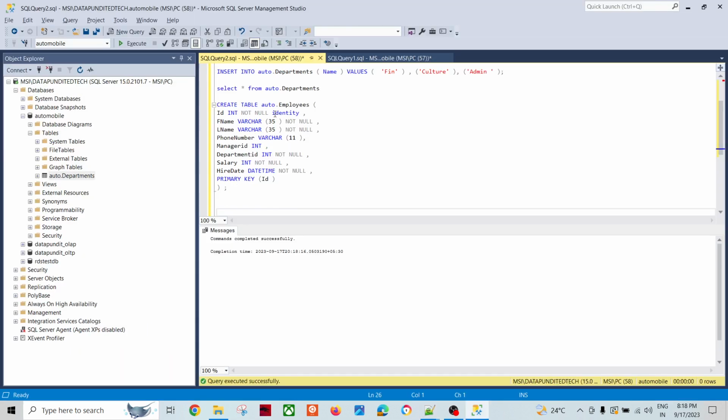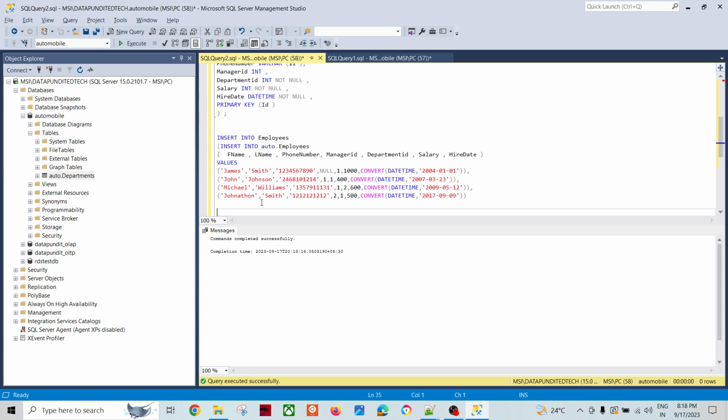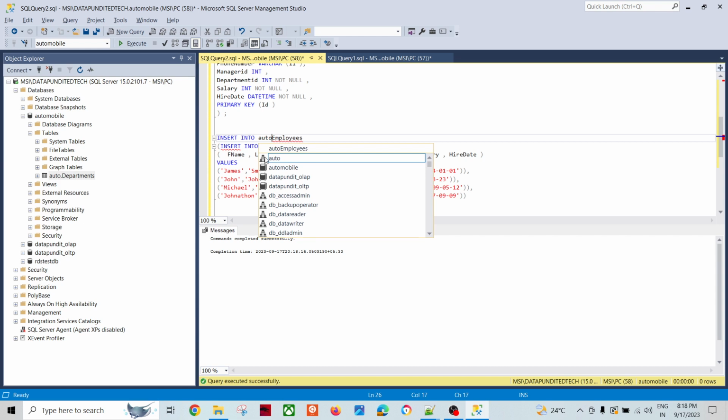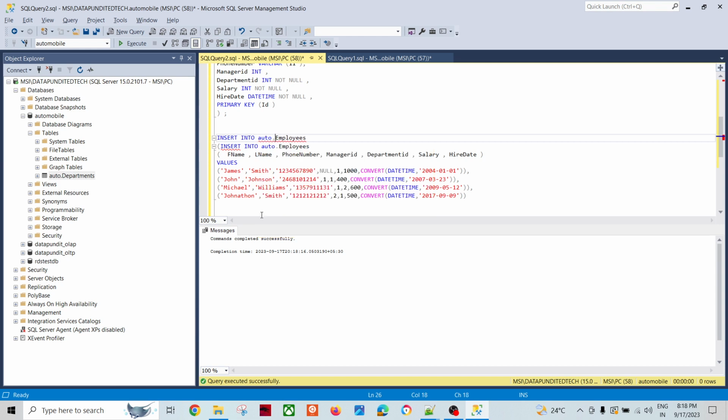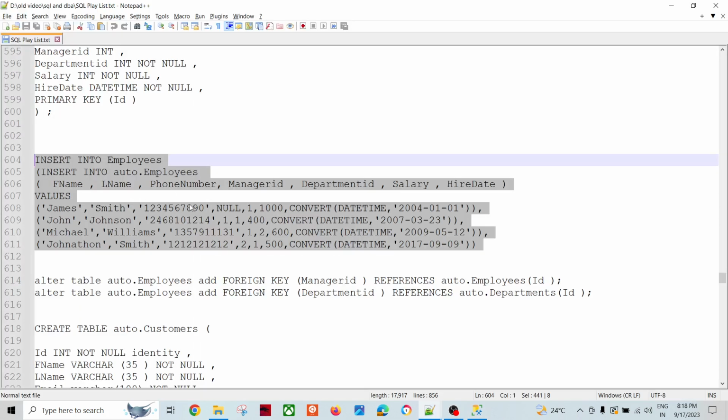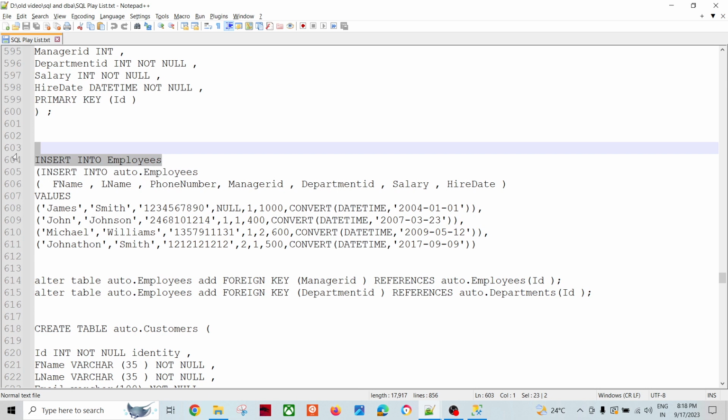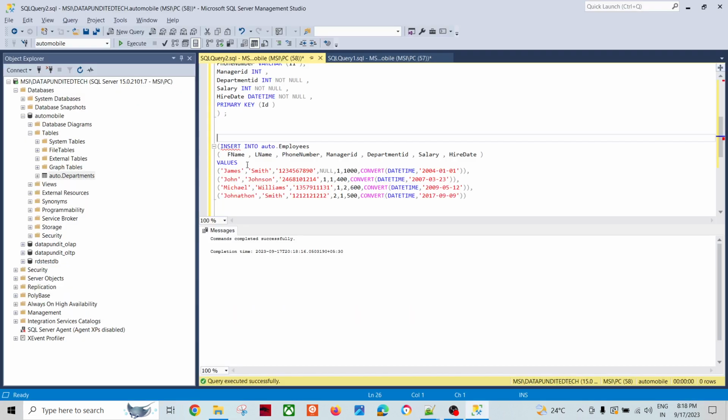Now I'm going to insert some data into it. Here also I have specified the primary key as an identity column. I did not use the ID column over here, and I need to refer to this table within the auto schema. What happened? Why is it running twice? Now insert into auto.employees,